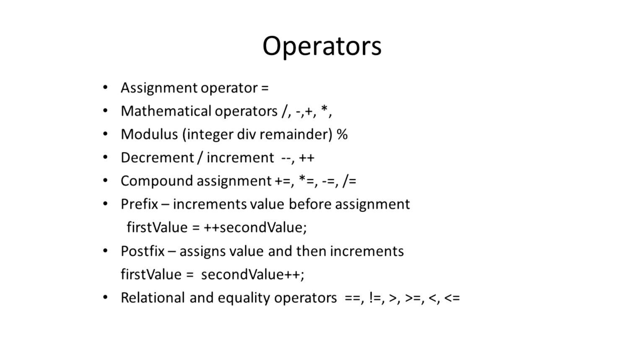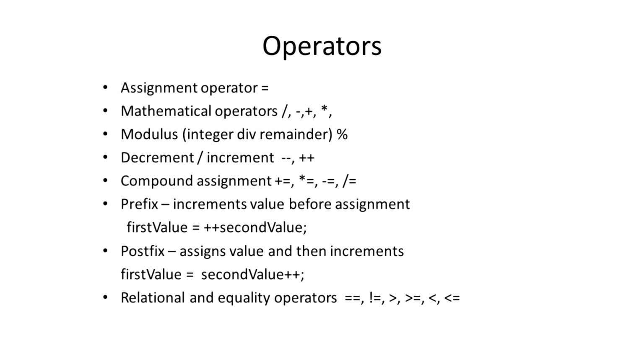Okay, and then of course we have all of the typical mathematical operators: the division, which is /, minus, plus, and asterisk. The asterisk, of course, is multiplication. We don't write x, we write asterisk to multiply different values or variables together. Okay, the modulus sign is the percentage sign, and this of course will give you the remainder of a division